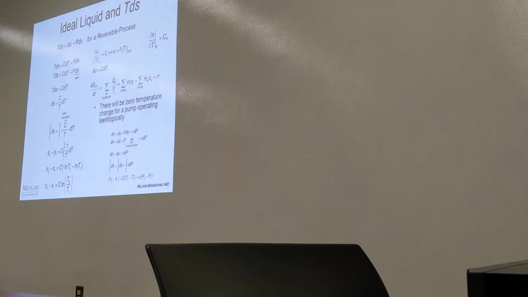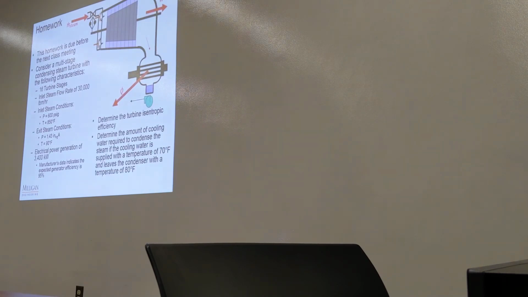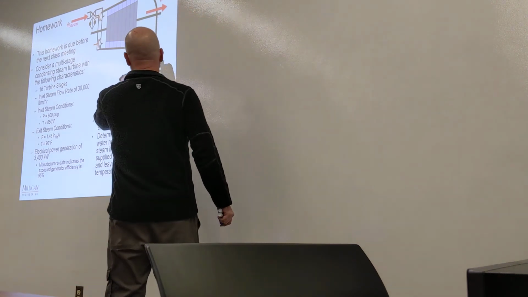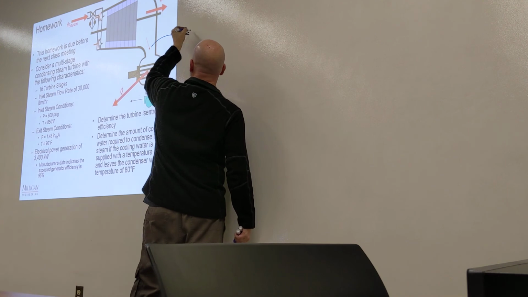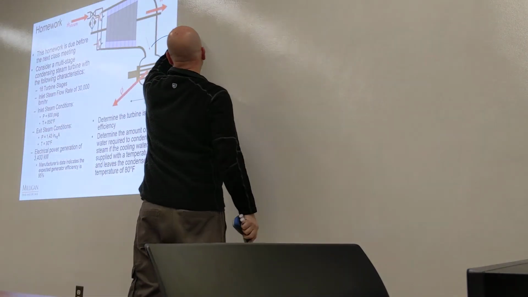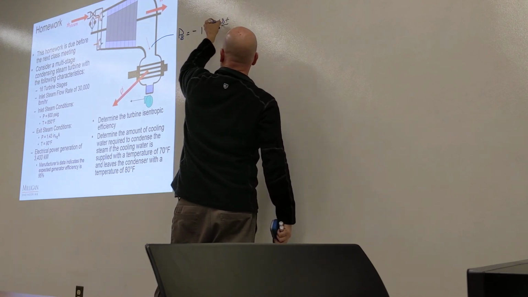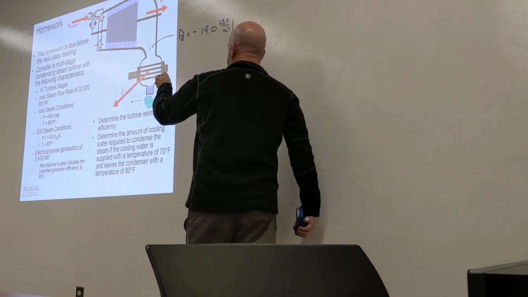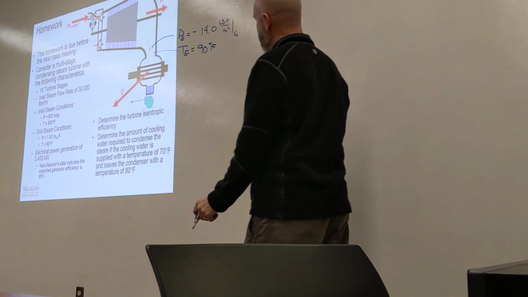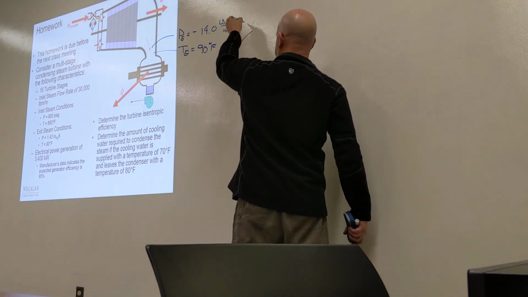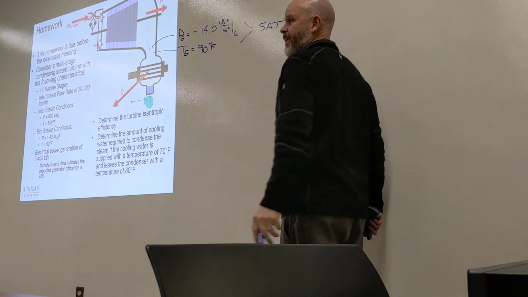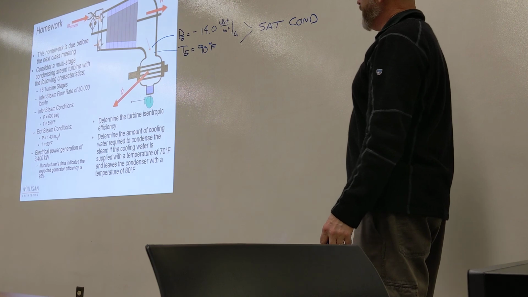So for this guy right here, if we say that P exit is 0, sorry, speed gauge, that's what we're going to do, negative 14 pound force per square inch, and if we've got a thermometer that measures T exit equals 90 degrees Fahrenheit, then it just so happens that 90 and negative 14 are saturated conditions. Okay. So